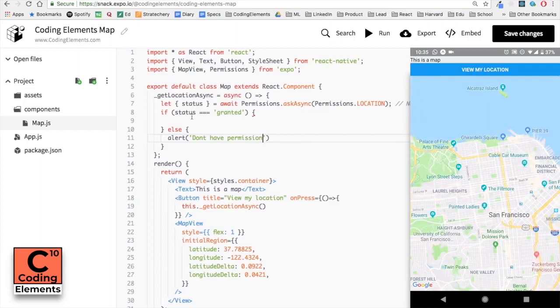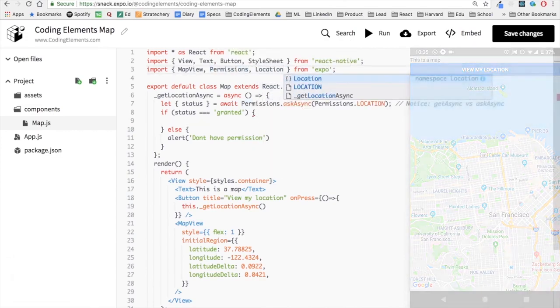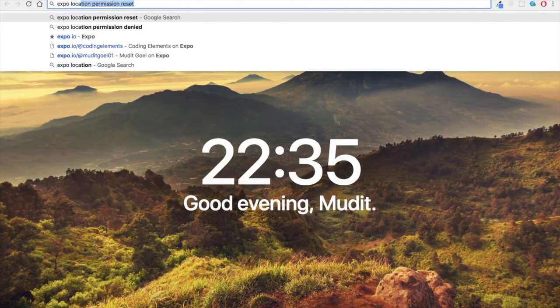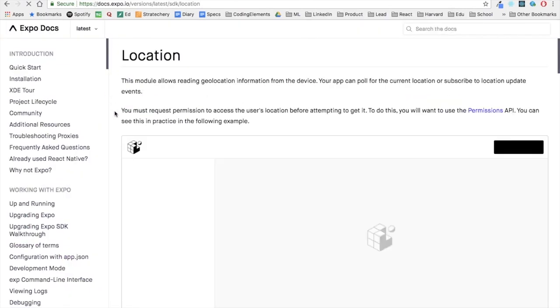Now, once we get the permission from the user to access their location, let's use their location and let's access it now. So for this, I have imported location from Expo. Now let's see how to use it in its documentation. So I have searched in Google location Expo, and here we can see that